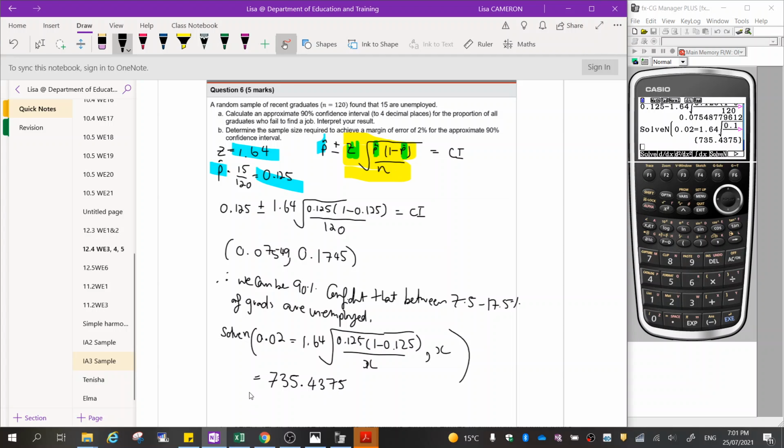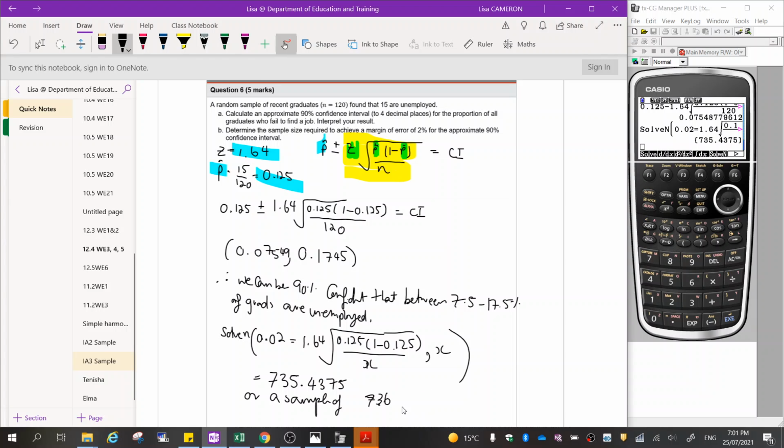It is equal to 735.4375 to 4 decimal places, or a sample of, now is it going to be 735 or 734? Let's think this through. We want to achieve a margin of error of 2%. So that means we need to round up. Otherwise, we just won't have enough. We won't make that margin of error. So 736,